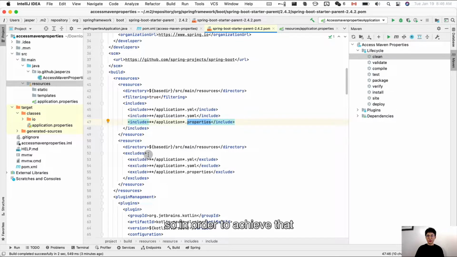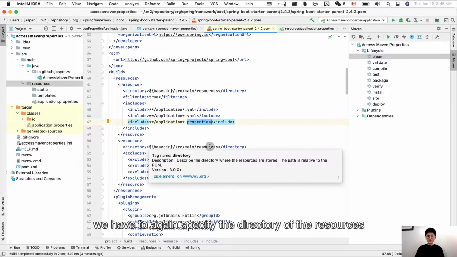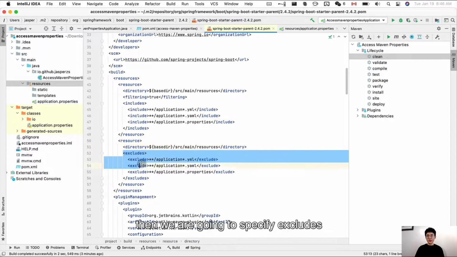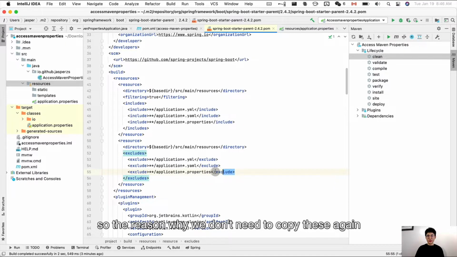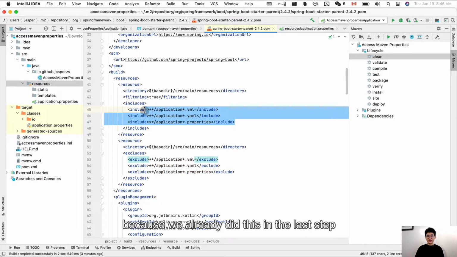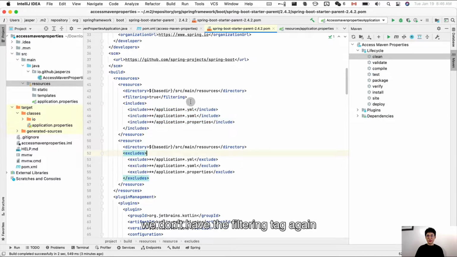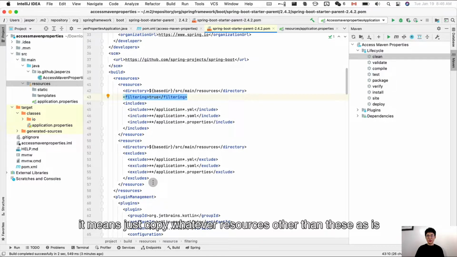So in order to achieve that, we have to again specify the directory of the resources. Then we're going to specify exclude, which means except for all these files, copy the rest. So the reason why we don't need to copy this again, because we already did this in the last step. And if you notice here, we don't have the filtering tag again. So by default, this is false. So when you don't include it over here, it means just copy whatever resources other than these as is, no